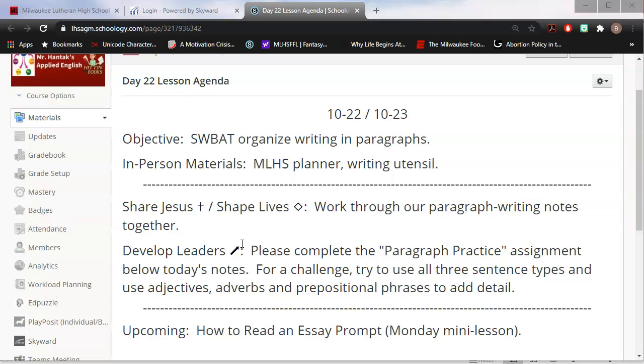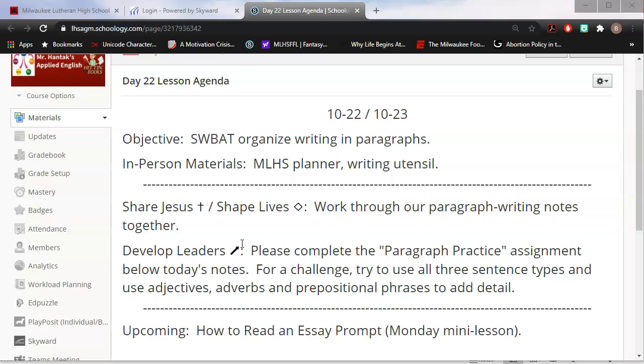Let's pray, and we'll get into paragraph writing today. Lord Jesus, thank you for this day, and thank you for even the technology, the opportunity to teach my students online, and when the world's not in an ideal place. We want to pray, God, that you are helping us to do our best while we are online. I also want to pray, God, that you are watching over all of us so that we can come back to school safely when the time is right. We ask that you are blessing this upcoming weekend. We ask that you're giving us the rest we need so that we can recharge for the next week of school. And we pray this all in your name.